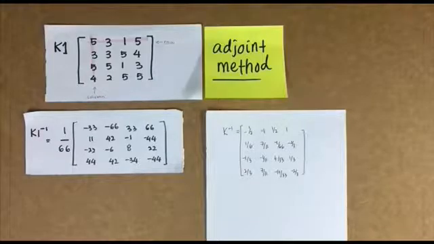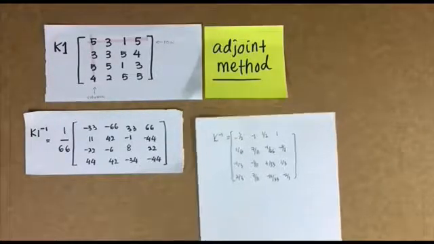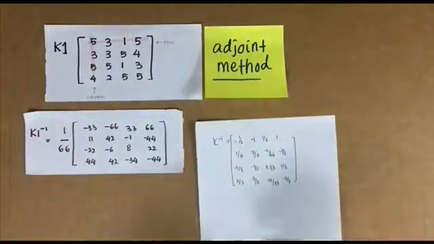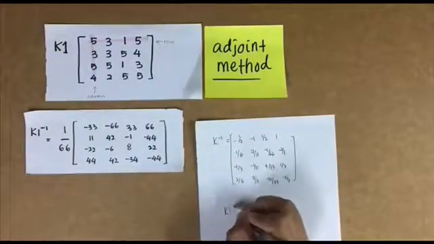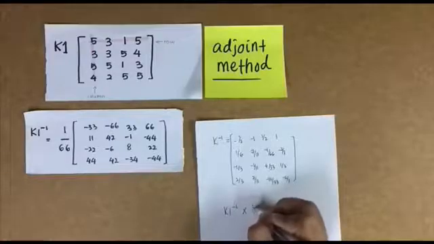In order to find the message sent by Along, we must multiply the inverse of K1 with the P